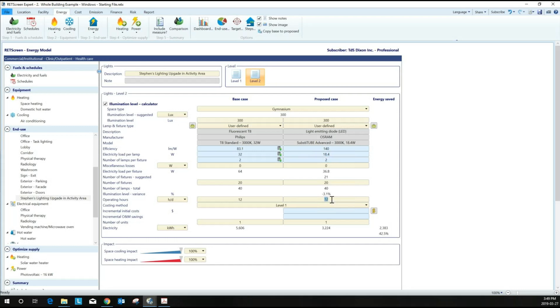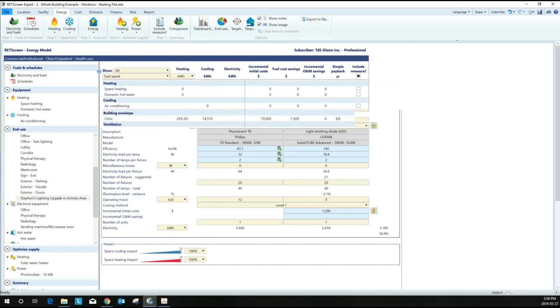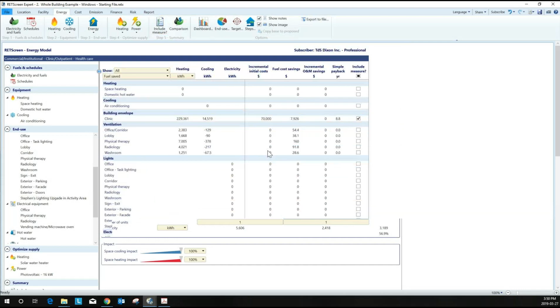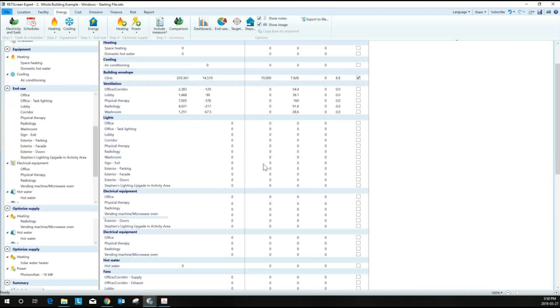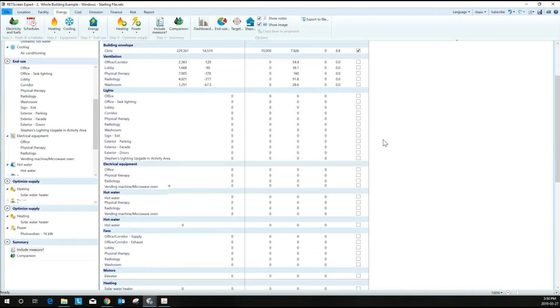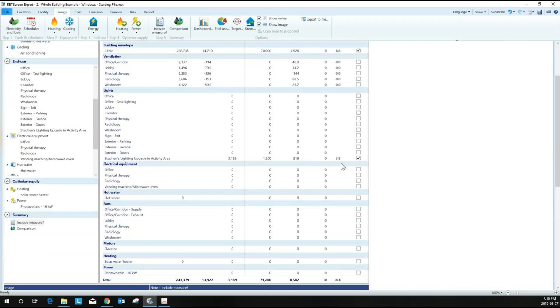The other thing I'm going to do here is consider adding some switching, some control, when I actually do the project. So rather than running 12 hours a day in this gymnasium area where it may not be used all the time, I'm going to use some motion sensors. I'm going to drop that to 9 hours a day, right? And the cost of doing this, including the control and everything, I'm going to specify to be probably around $1,200 on this one. And I can go to my include screen, right? And I'm going to go to my active area lighting. I'm going to click check on that one, and now I get a project evaluation, with about a 3.8